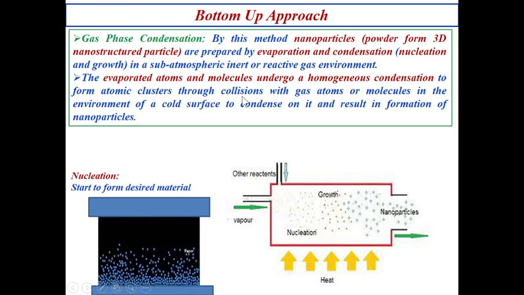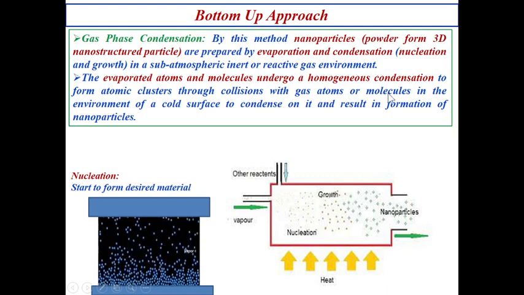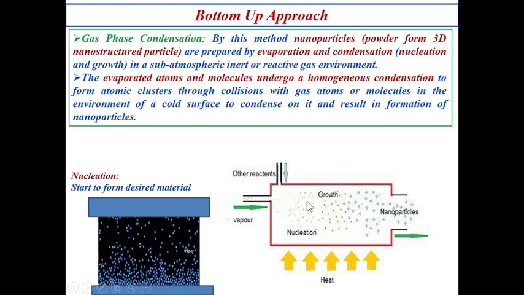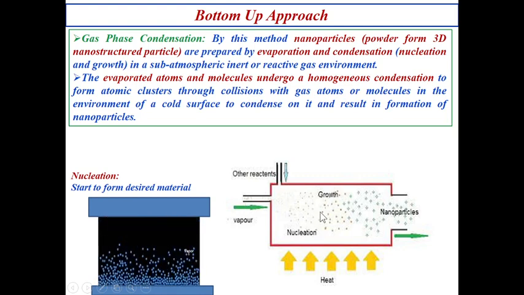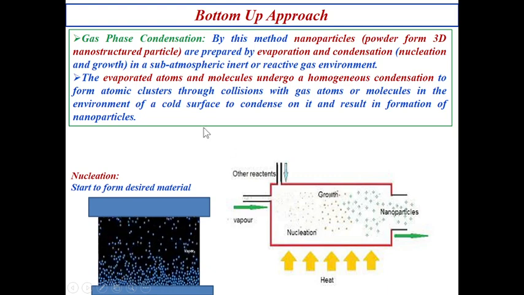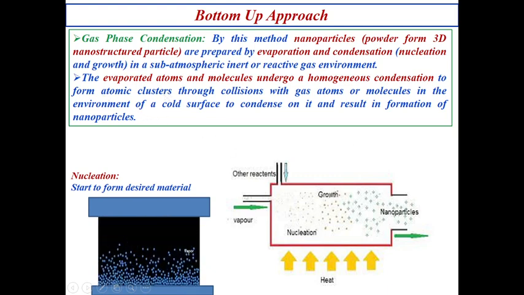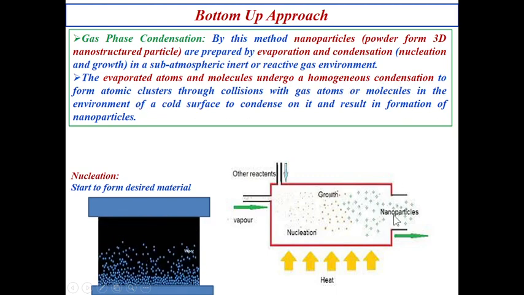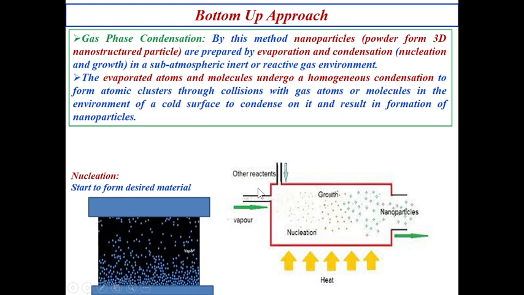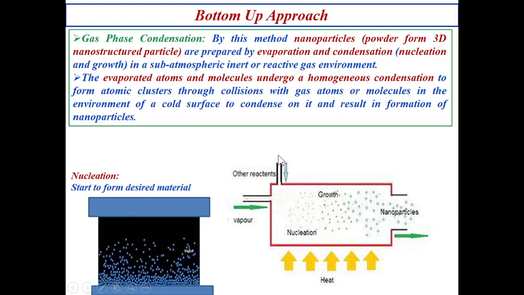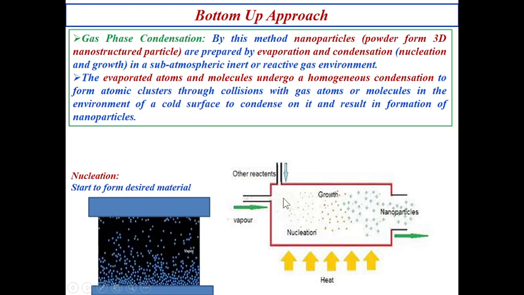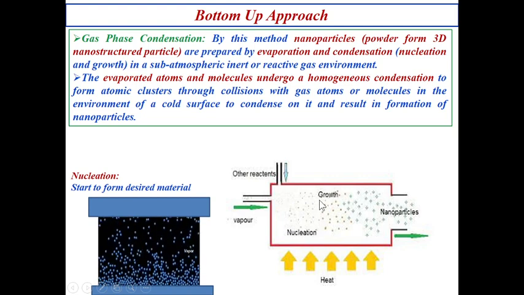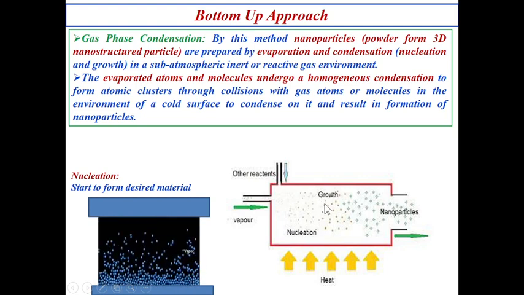How will it be formed? Due to the collisions with gas atoms and molecules. So whatever gas atoms or molecules we have inserted, with the help of those atoms and molecules, the precursor materials form atomic clusters. In the environment, in the meantime, the condensation starts. Here the reactant or precursor materials have been inserted, vapor is also inserted, the raw material is evaporated and suddenly condensed. Condensation starts.